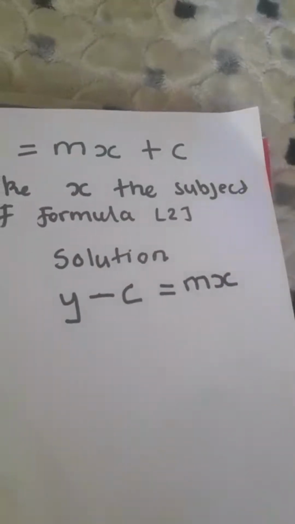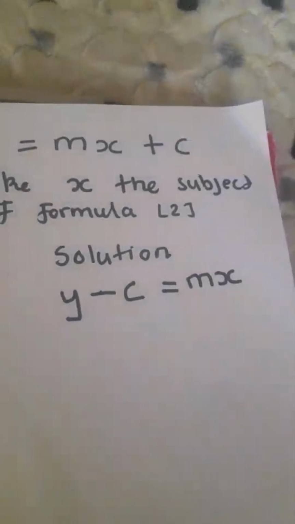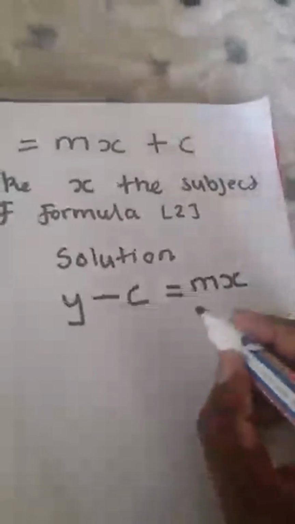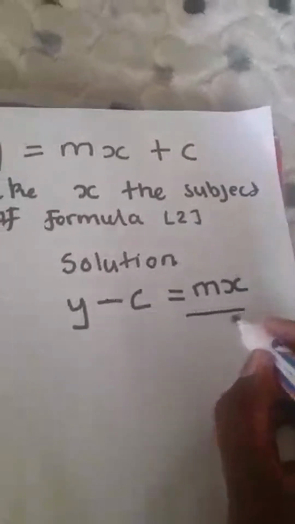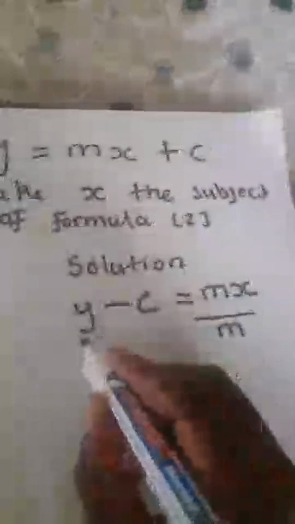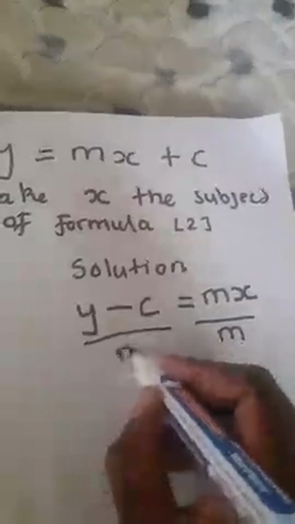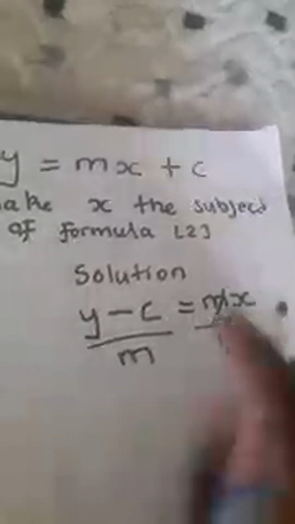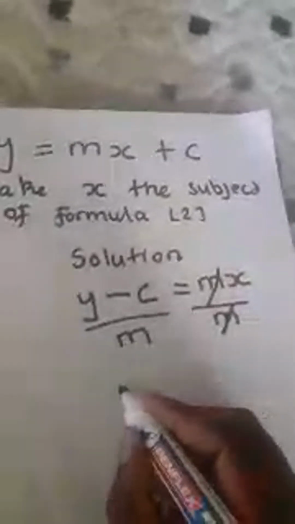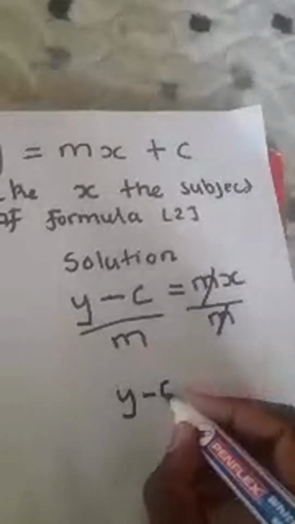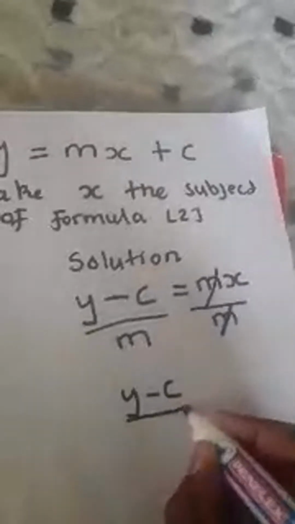So we are told to make x the subject of the formula. So what are we going to do? We are going to divide both sides by m. Cancel m to this side and m to this other side. So our answer would be y minus c over m